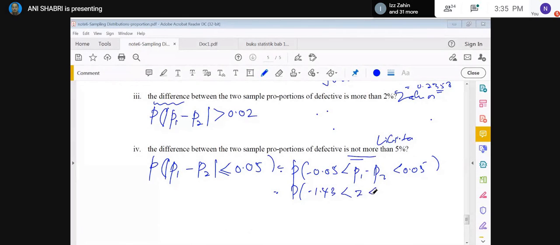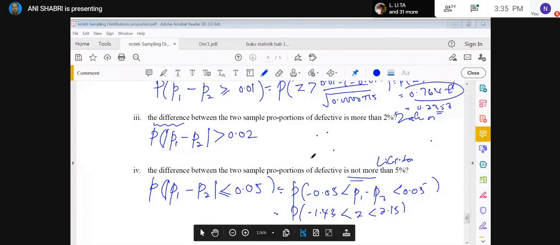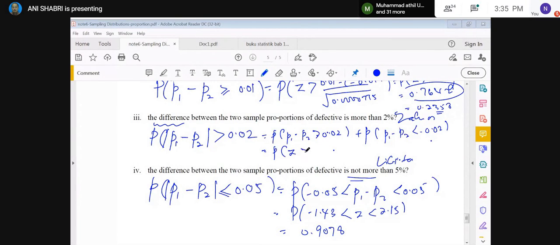Z is equal 0. It is equal P1 minus P2 greater than 0.02. Satu lagi P1 minus P2 less than 0.02. It is equal P Z greater than